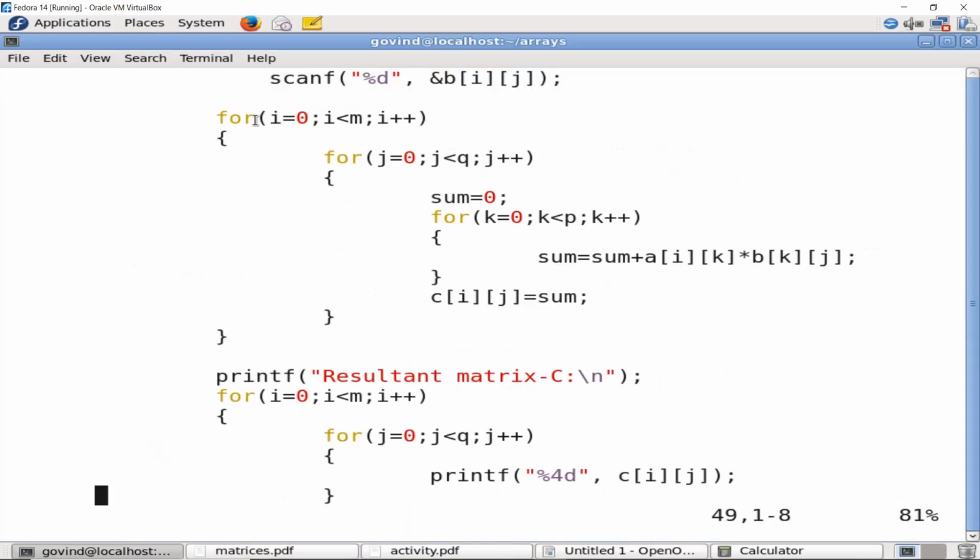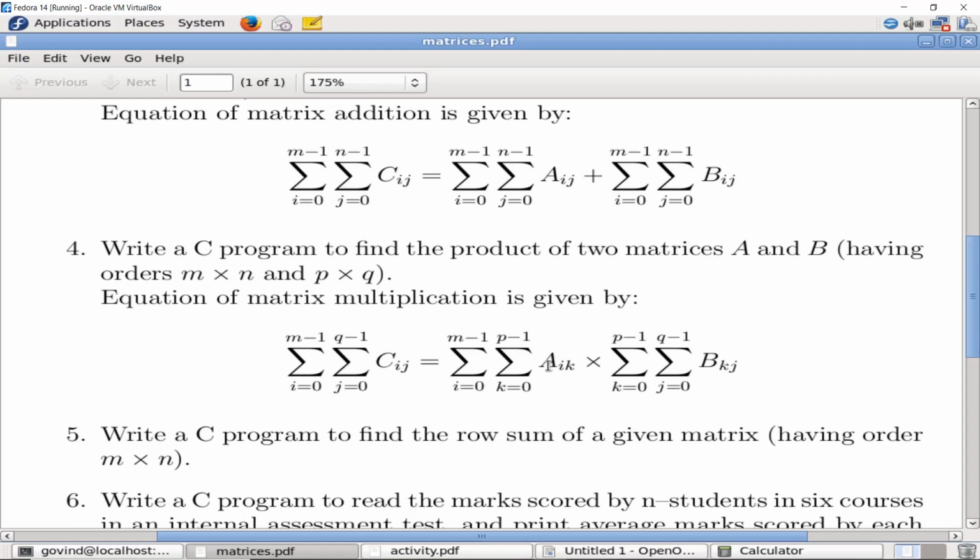So the first two loops have the test conditions i less than m and j less than q. However, to perform multiplication, I require a of ik to be multiplied with b of kj, and we need to find the sum of products.